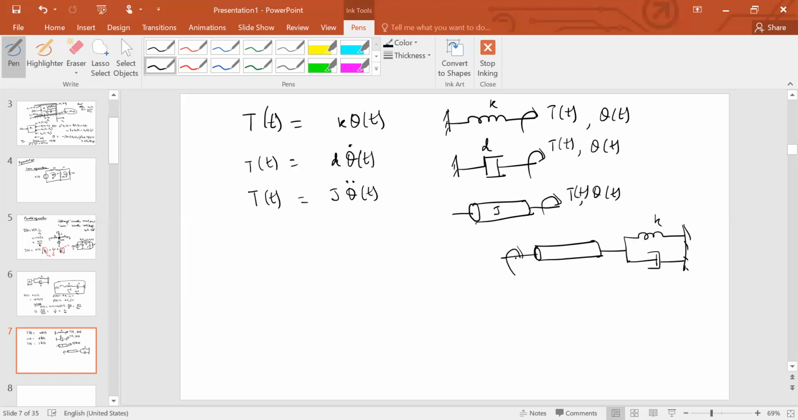So let's say you apply a torque here. This has a moment of inertia J, this has damping coefficient D. So then the equation will be T(t) is equal to J theta double dot plus D theta dot, again by free body diagram, plus K theta. So in the transform domain, you will have T(s) is equal to (J s squared plus D s plus K) times theta. And by comparison with the electrical system here,